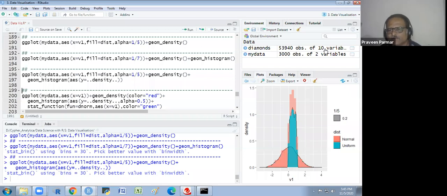It would be better if you create that one only. In the uniform, you will see the histogram and the density would be the same, because it is a uniform distribution. For normal, the density would be in this way. You will see this density.